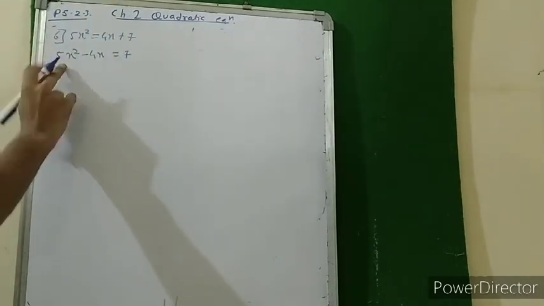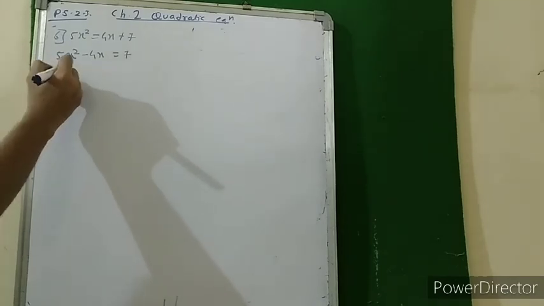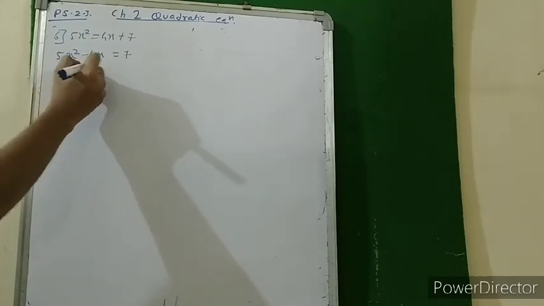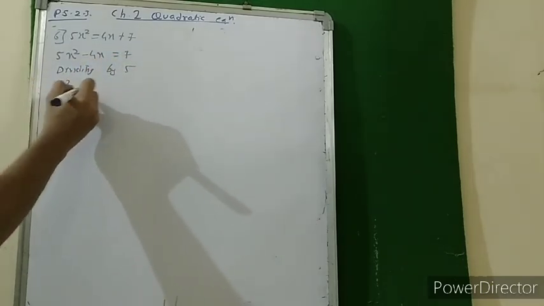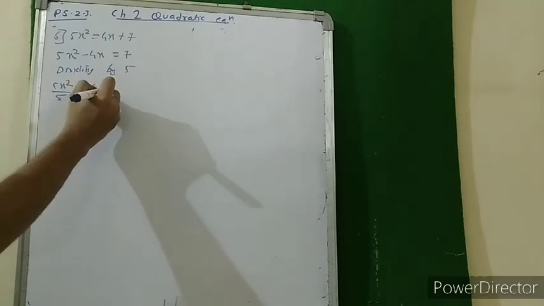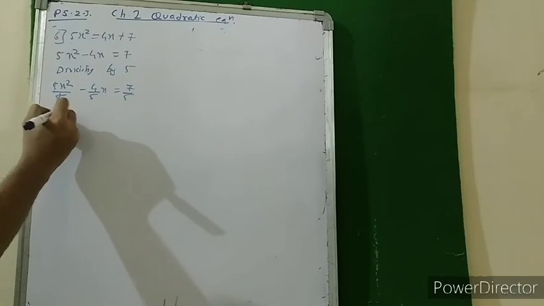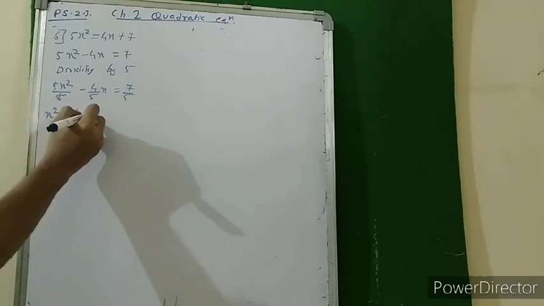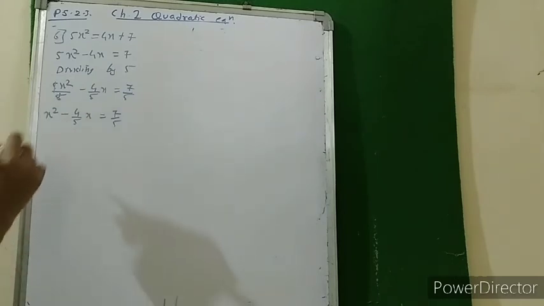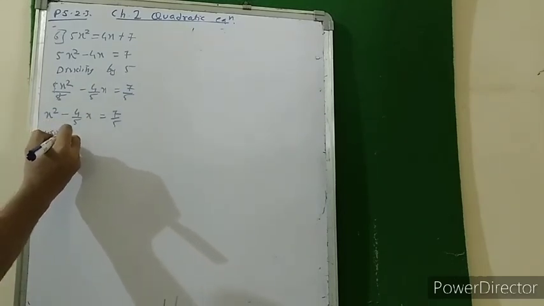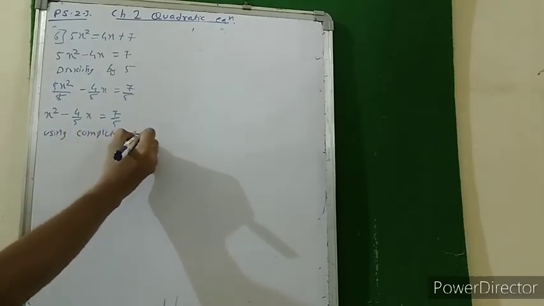Now first of all we want 1 over here. Do we have 1? No. So dividing by 5. So 5x square upon 5 minus 4 upon 5 is equal to 7 upon 5. 5 gets cancelled. We have x square minus 4 upon 5x is equal to 7 upon 5. Now using completing square